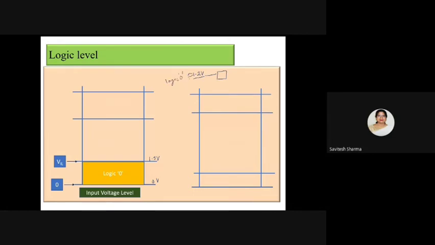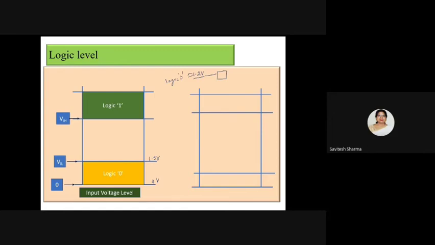So in the experiment, whenever you apply a voltage, it is not necessarily a fixed 0 volt. It may be some voltage, so you should know the range of the voltage that represents logic 0. So I am showing you the example here. Let's say 0 to 1.5 volt is your logic 0. Similarly, for logic 1, there is a range, let's say VIH. I'm using generic terms, VIL, VIH. It is the voltage level that explains the tolerance in the circuit, but I'm not going into detail. Just understand that logic 0 and logic 1 are not fixed voltage levels, they are a range.